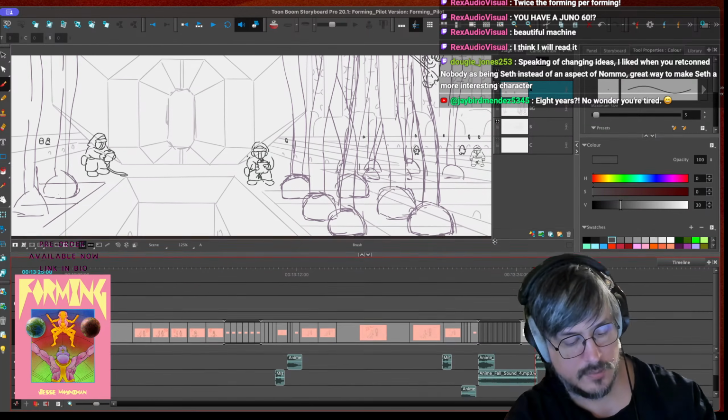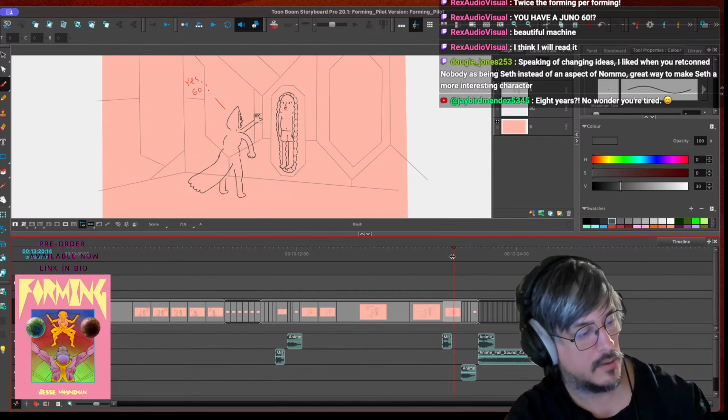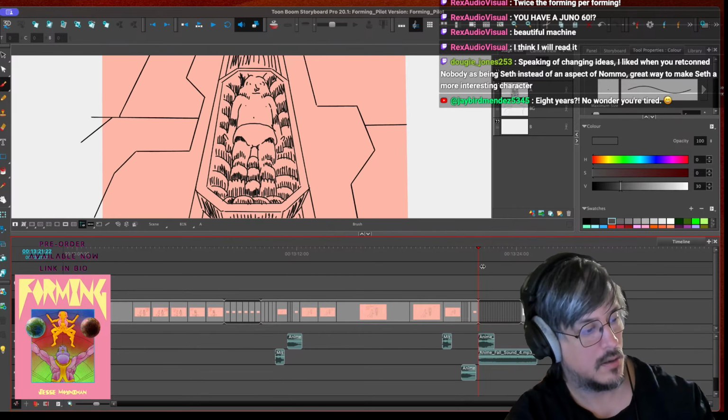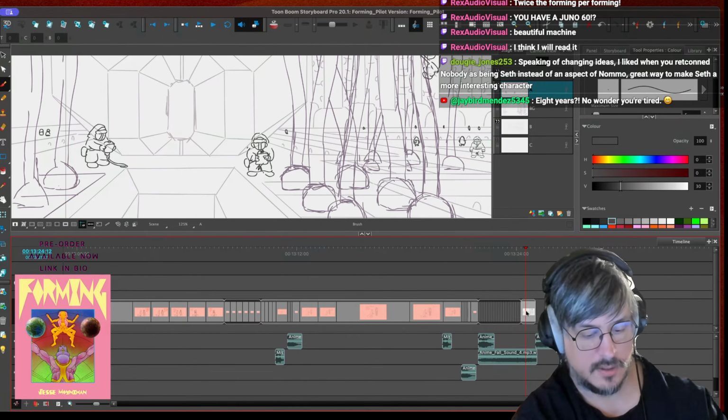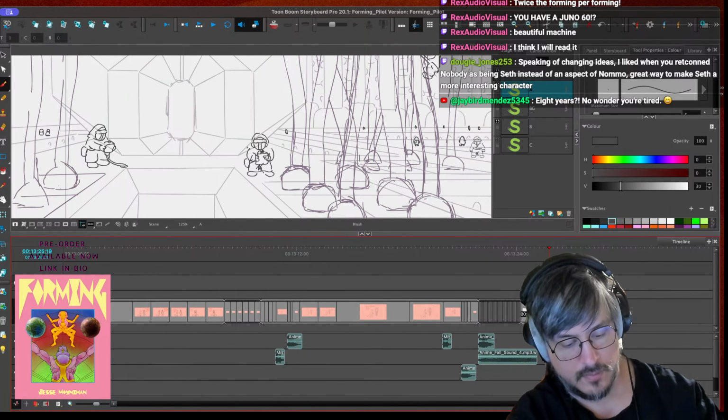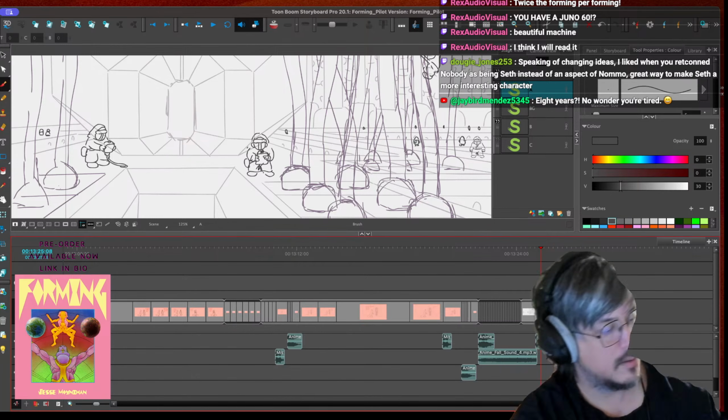So then he's zooming down the elevator. Alright, and the elevator lands here.